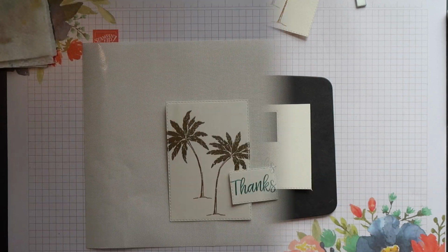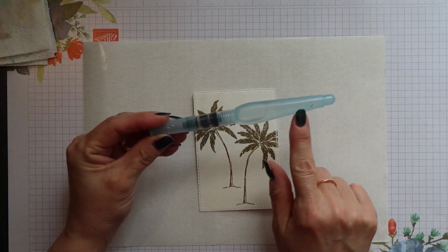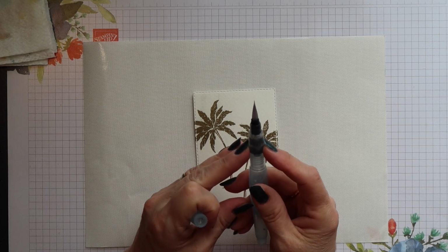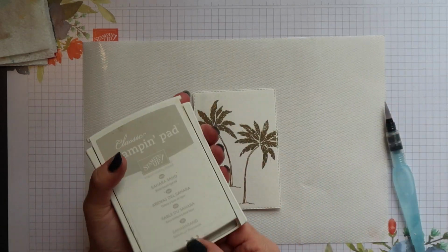I then cut out the sentiment using the rectangle stitch die. I'm going to use an aqua painter for watercolouring. Now this holds the water in the barrel and there's also a valve underneath the nib that controls the flow of the water. I'm starting with Sahara Sand ink